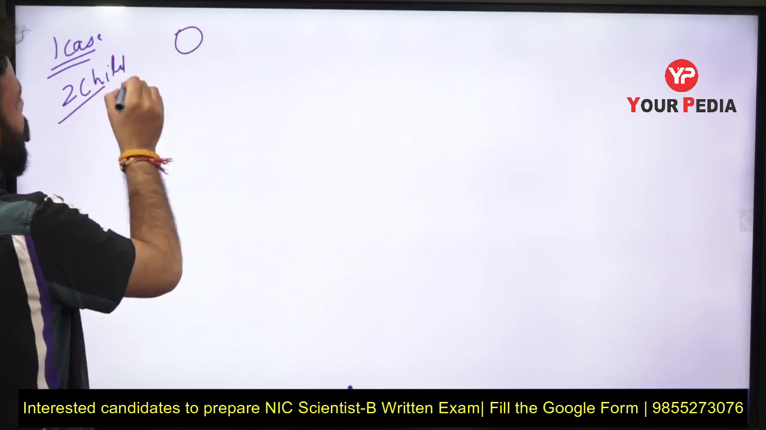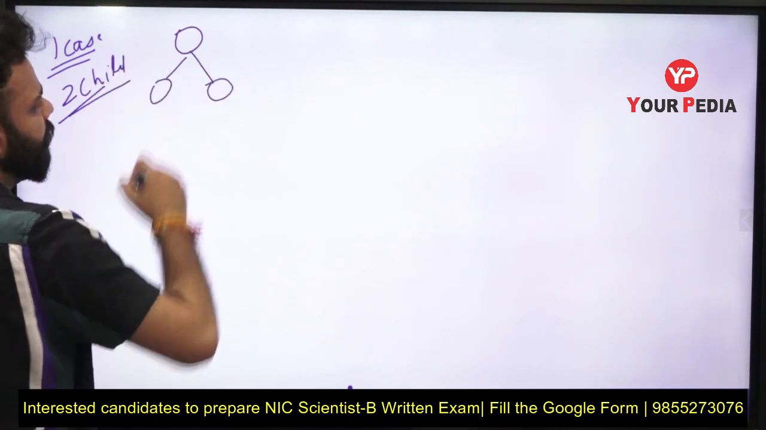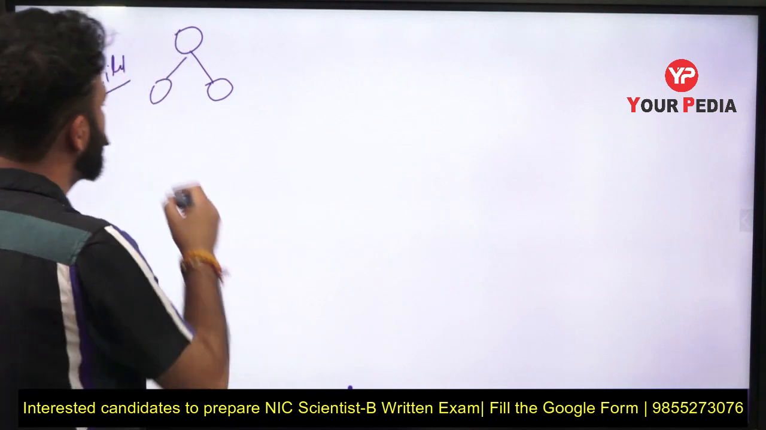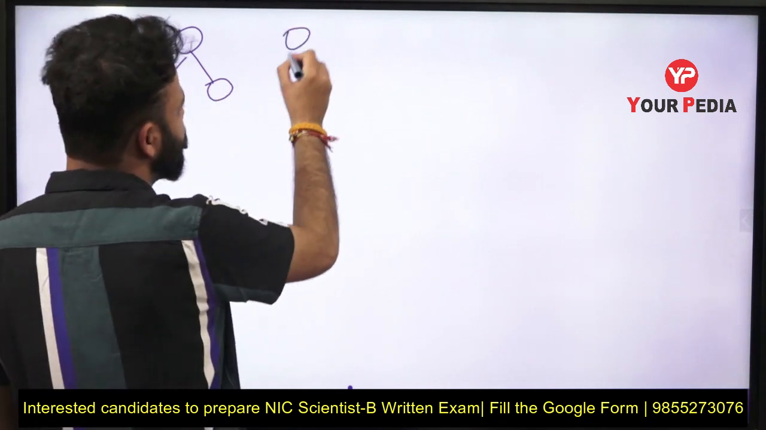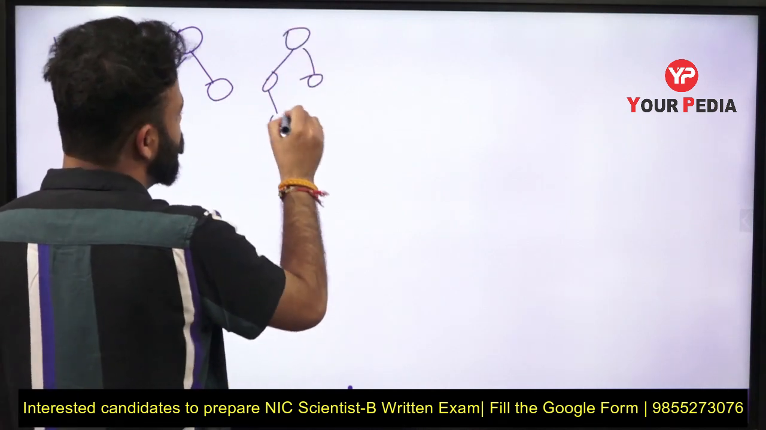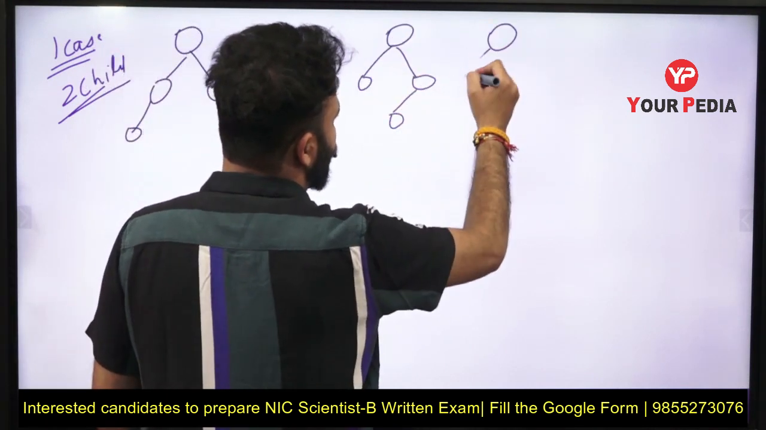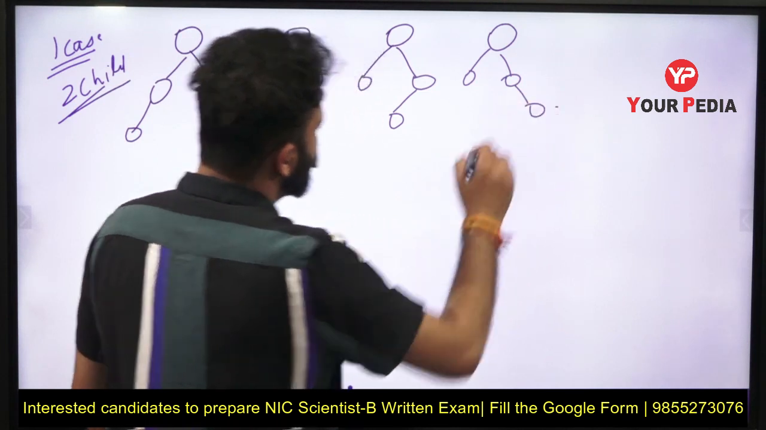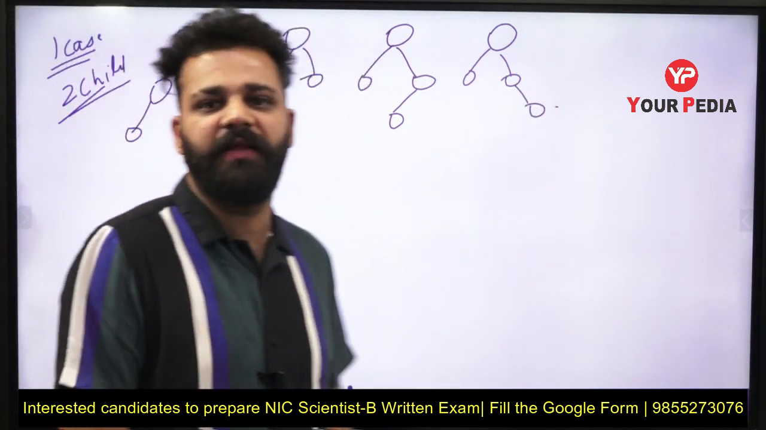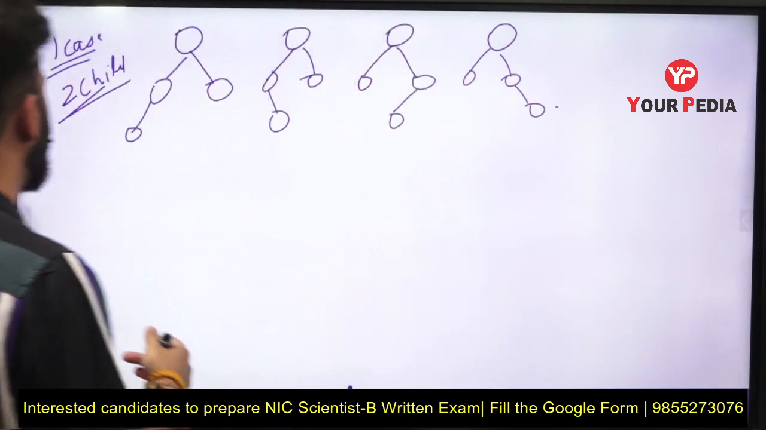Root will have 2 children, 1, 2. So the fourth node can go here: 1, 2, 3 and 4. So these are 4 trees which are possible when the number of children for the root node is